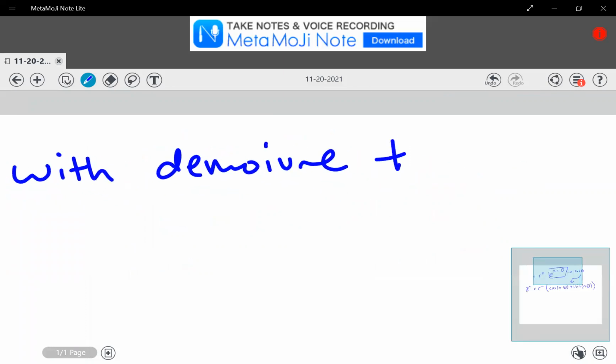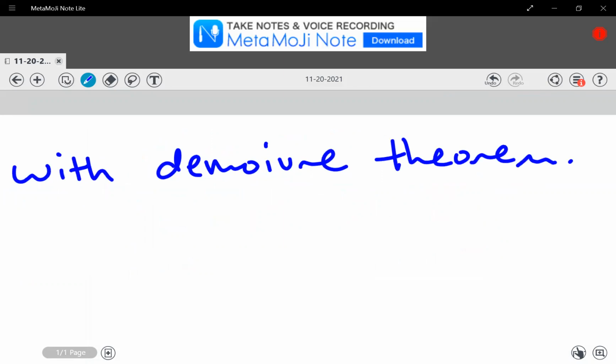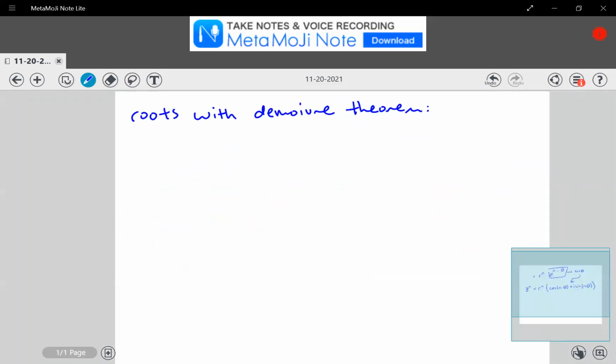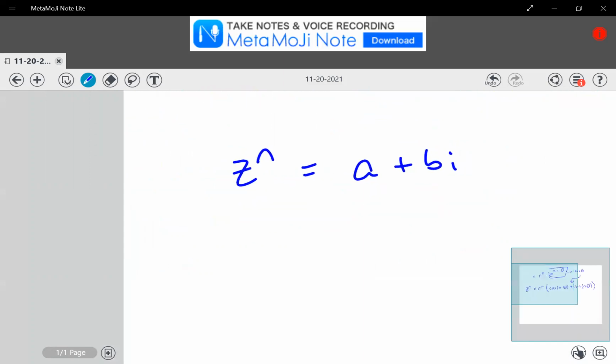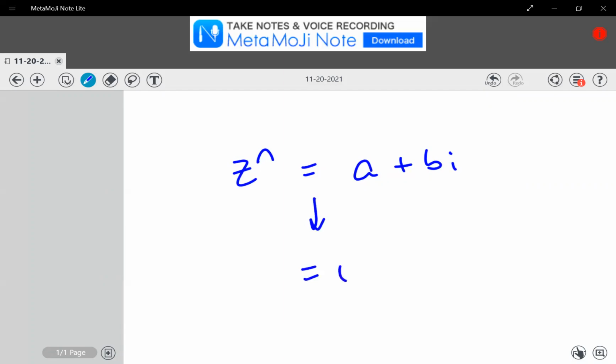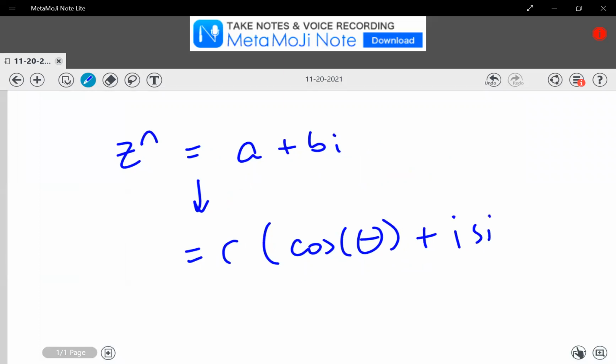The roots with the De Moivre theorem. Well, it's fairly simple. We've got our, let's say, z to the n equals a plus bi. And then what we want to do is find the r cis theta version of z. So we want to convert this. So we have r times cosine of theta plus i sine